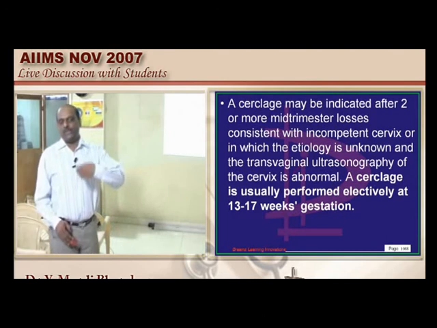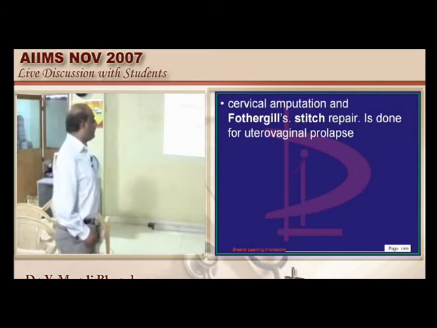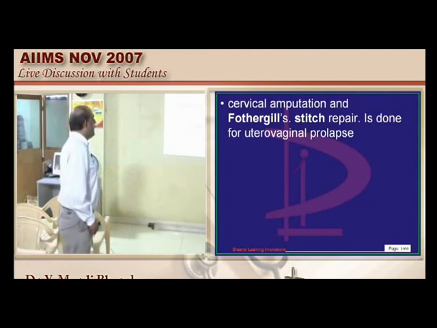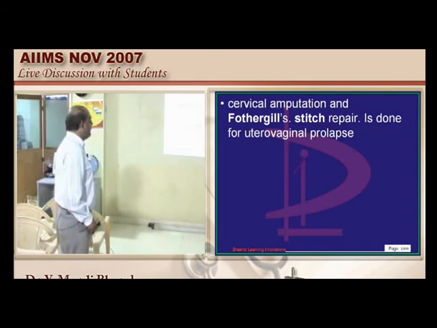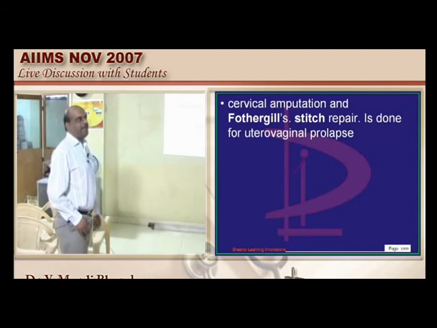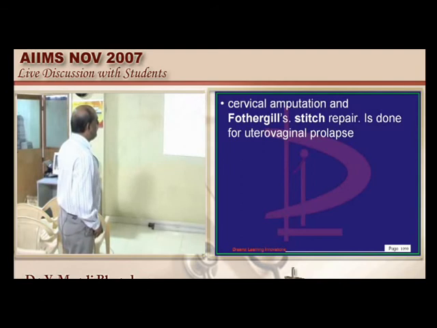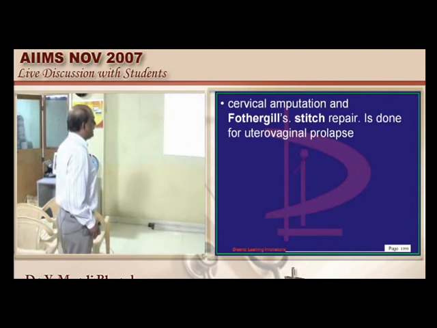Now what are the ways by which you can apply the cerclage? You have got 3 methods. McDonald's cerclage, where a purse-string stitch is placed in the cervix to clinch it closed. Shirodkar's is also a purse-string stitch, but here the cervix and the underlying skin are the ones being abutted. And you have an abdominal cerclage, which is available where the body and the cervix are abutted by an abdominal incision. So McDonald's stitch would be good, but still this 22 weeks is not actually the appropriate time where it is typically applied.